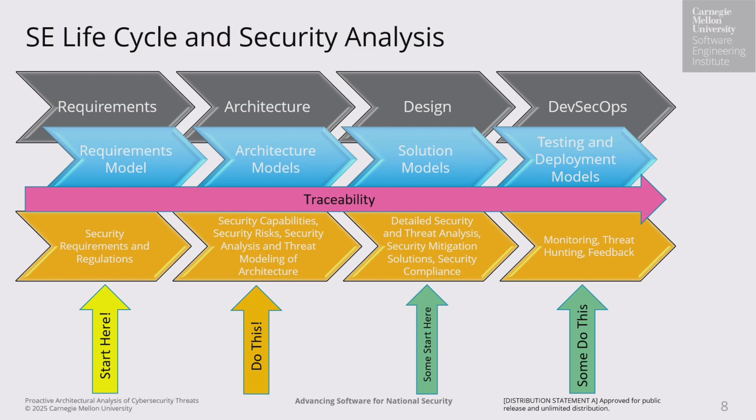This is going to involve your architecture models, right? This is just slightly before design, before you might start making those design decisions, right? And so we're going to talk about how you can abstract some of that more specific threat mindset up to that architecture level. And then on through your detailed design and DevSecOps, we'll talk about how our process here is more geared towards the architecture side of things and how there might be some better tools that would help you in the design or DevSecOps phases.